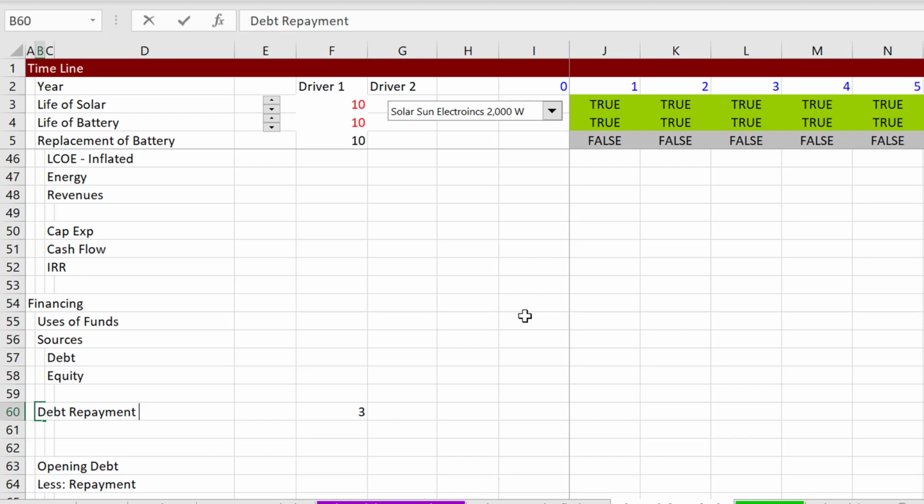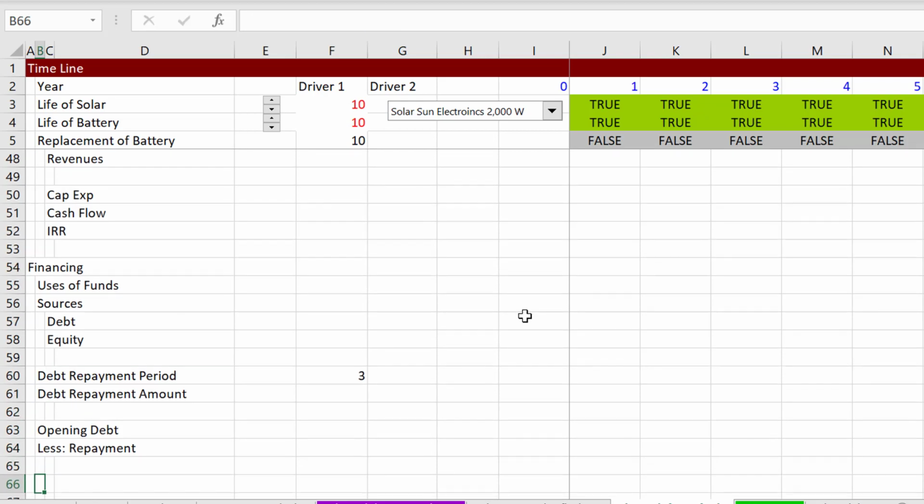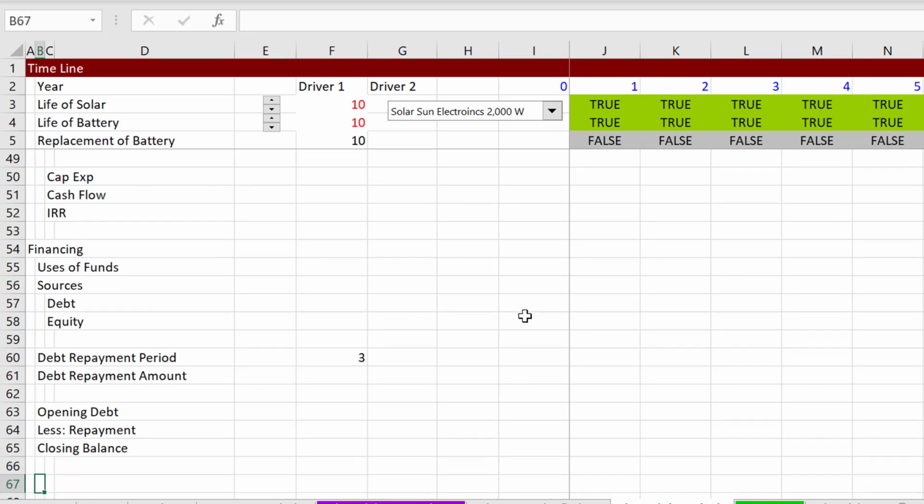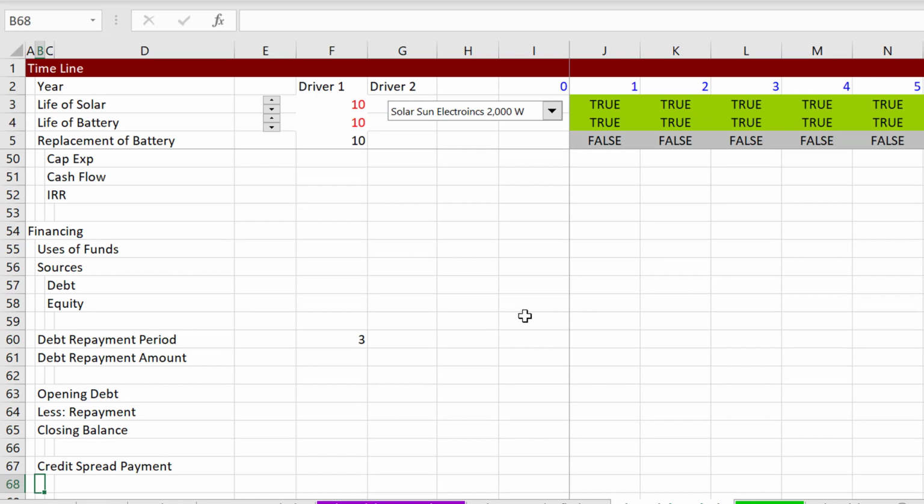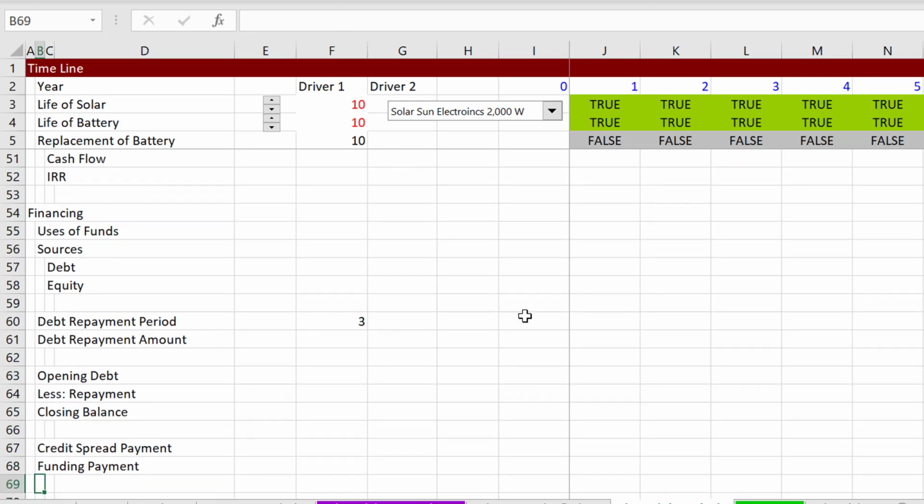And the best way to do this is with debt repayment period and debt repayment amount. Okay, and then we'll put our closing balance. And then I think we better separate out the credit spread payment and the funding payment. Okay, so these people, they're charging you this additional 7% on top of everything,